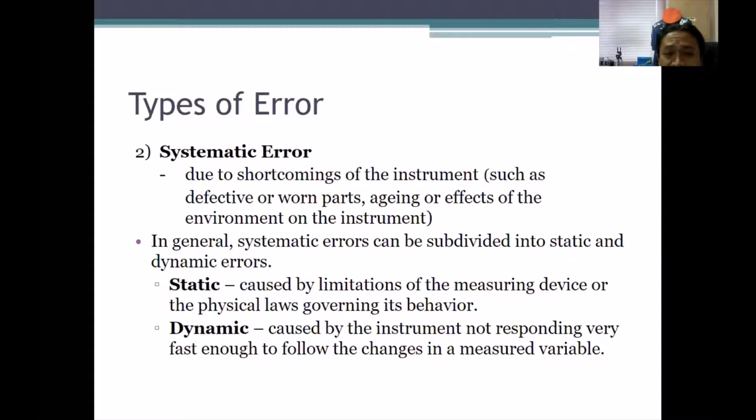For example, dynamic, right? Like our smartwatch to measure the heartbeat. When we are running, it is quite tough to get a static value. That's why we call it dynamic. The measurement will fluctuate, very dynamic. Maybe 98, 94 or 101, for example, using the smartwatch. That's why we call it the dynamic error, because our instrument does not respond fast enough to measure the